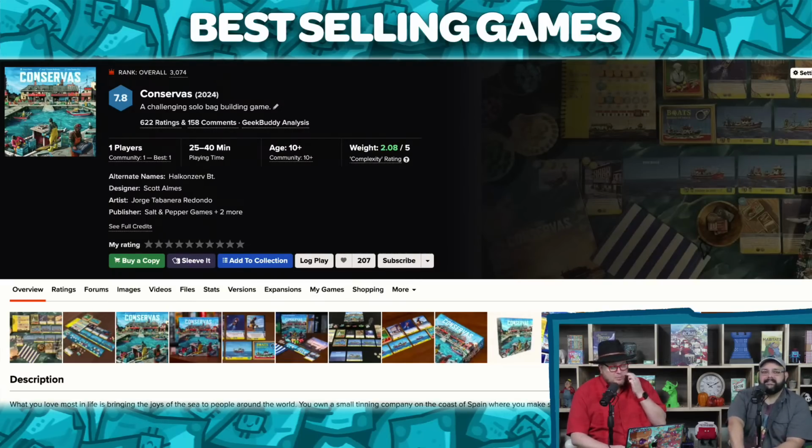The next one, number 9, is a card game that's incredibly popular. This is not a new game. It's been out for several years now. We first learned about it at the Gathering of Friends. Everyone was playing it there. Is it from Oink? I think it's from Oink now. Was it originally from Oink? I don't know. It's that little orange game with the cards, flip them, and...